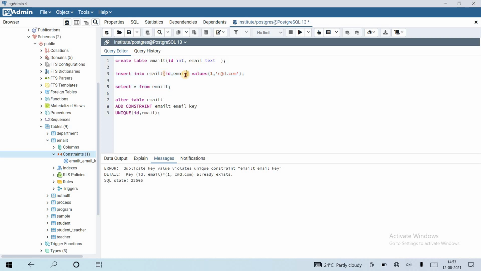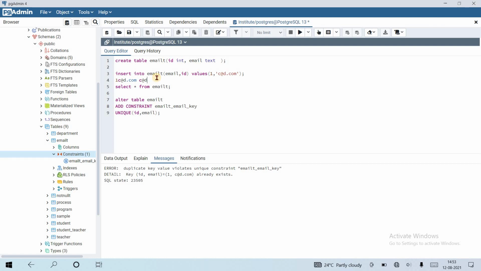What if I enter the values like this, email first and then id? It combines both values. It inserts a value in the database like 1 and c at d.com, which is different from c at d.com and 1.